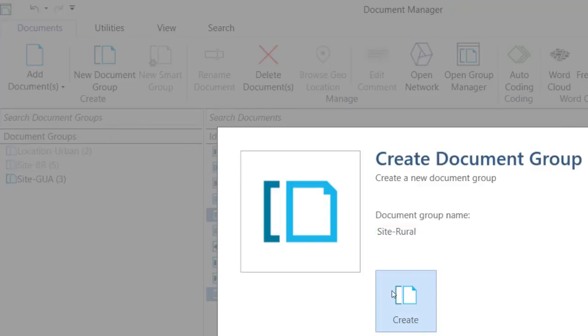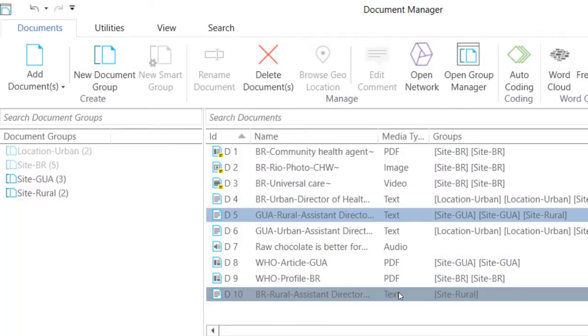Now you can also group your documents according to method of data collection. Let's say that you want to analyze your in-depth interviews, and then you want to examine how the different perspectives vary between interviews and, let's say, focus groups data, right? So you would have a group for focus groups data. If you are analyzing your data, let's say examining photographs versus, I don't know, videos, well, then you would also group your documents, those that correspond to photographs, in a group called photographs, and another one in a group called